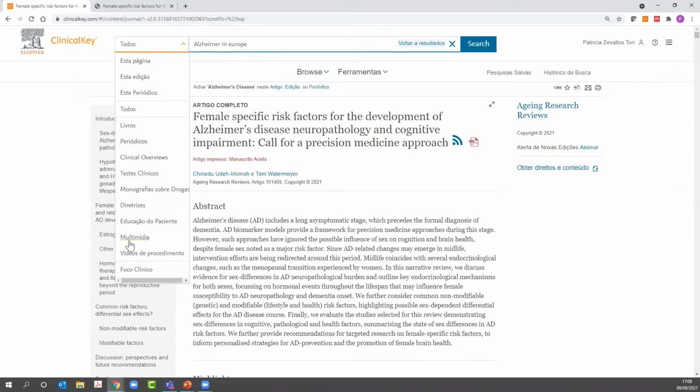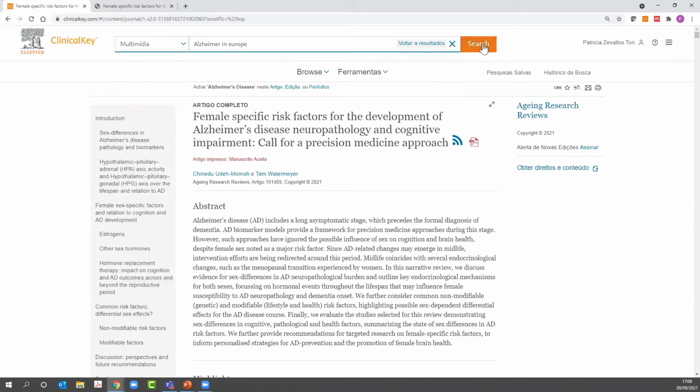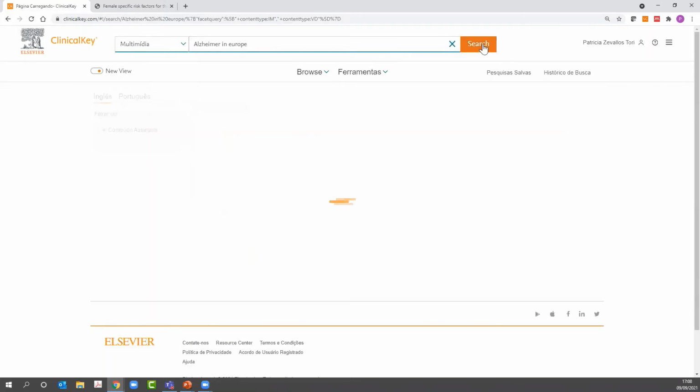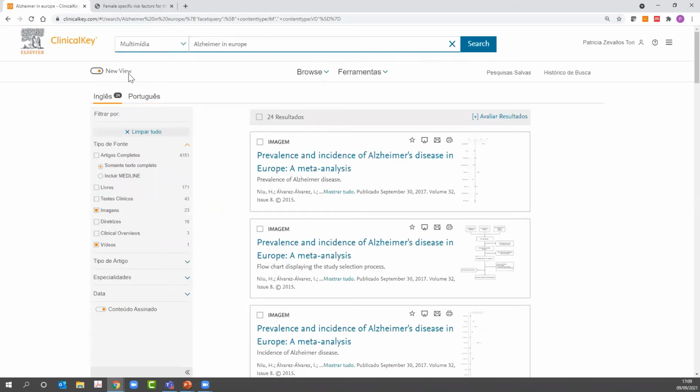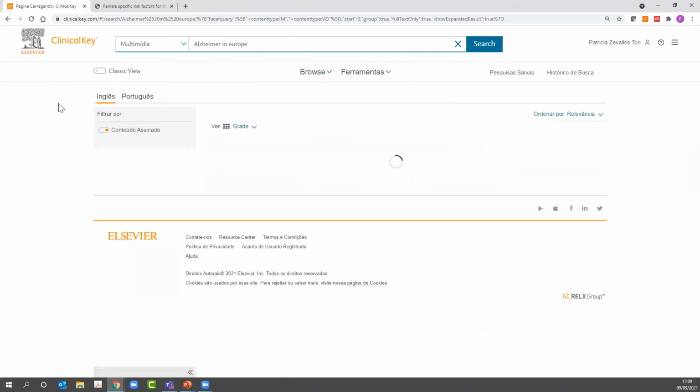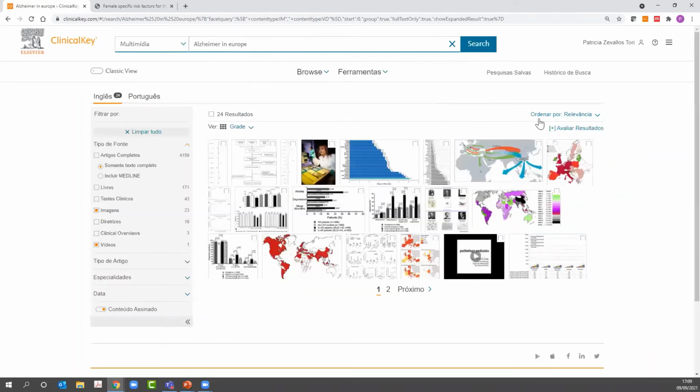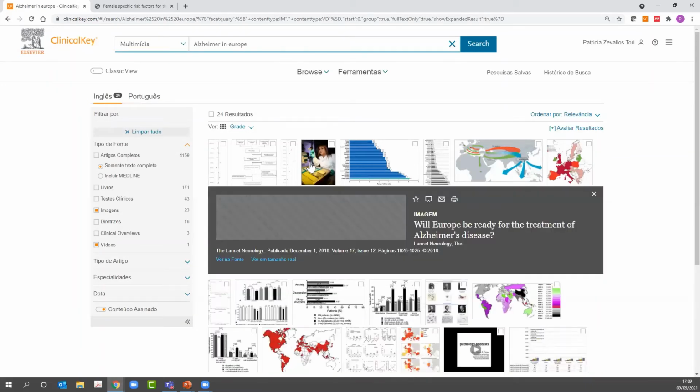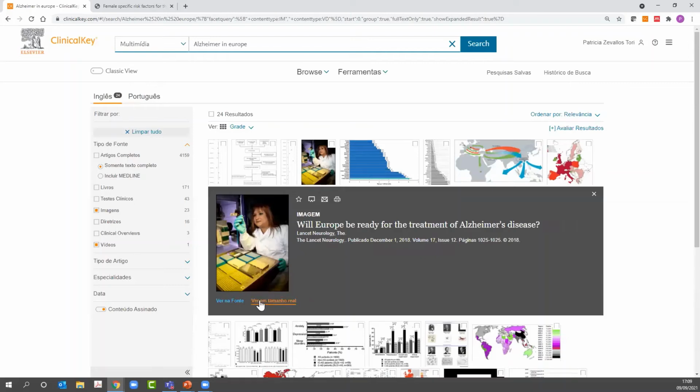figures and some information in multimedia, with photos and results. So we change here to multimedia and do the search. From here, my recommendation to see images is to change to the classic view. In the classic view, you will have all the images together, and it will be easy to click on them and see the image in real size, or go directly to the source to read all the information about